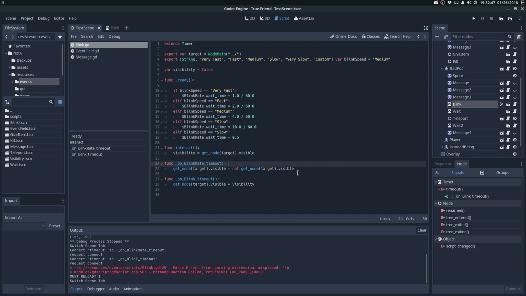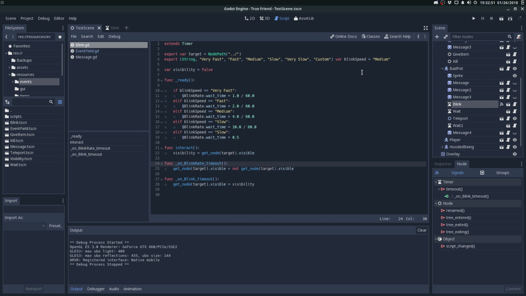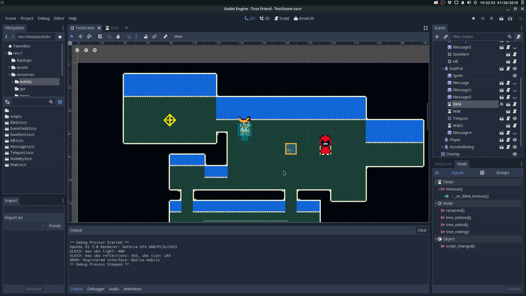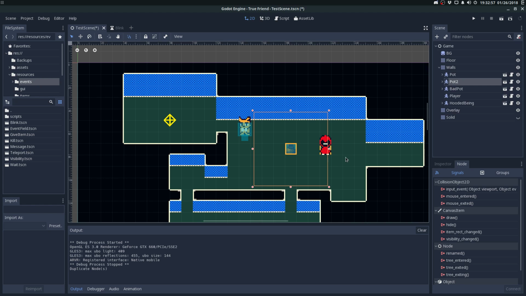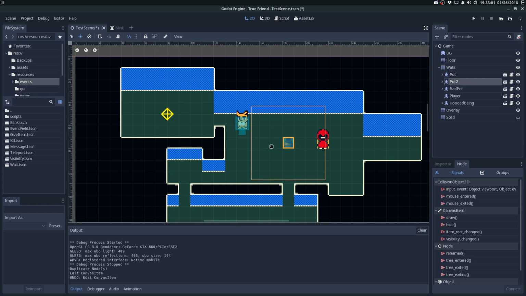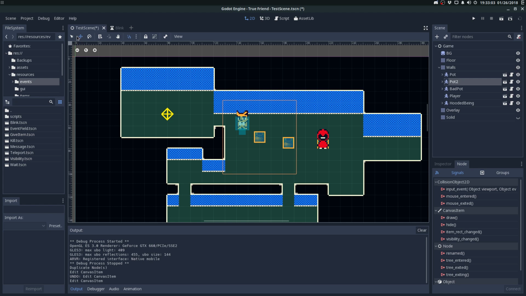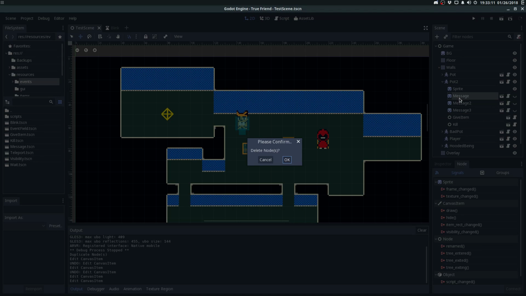Let's see. Let's try to do this a little more quickly because I don't want to waste time because this might not work. Let's move this pot. Whoops. Let's move this pot. I just set the tool to move, by the way, not select. That just makes it a little easier to move stuff that you have selected already. We can get rid of all these other messages